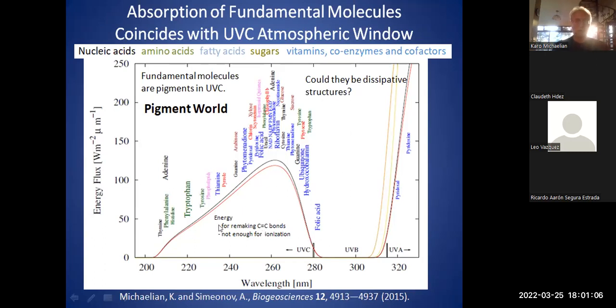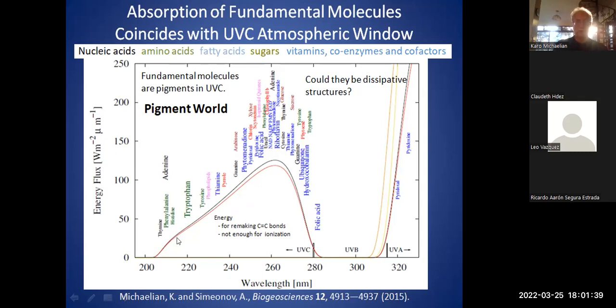And as I mentioned, this peak is important because the photons that are in this peak have enough energy in each individual photon to destroy or remake carbon covalent bonds. But they don't have enough energy to ionize. So you can't go destroying the molecule because you don't have photons of enough energy, which would be lower than about 210 nanometers in wavelength, to destroy the molecules.